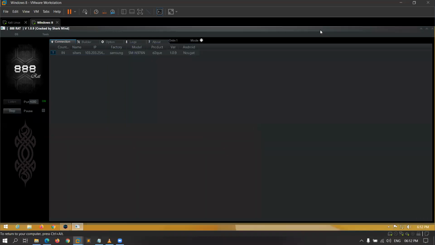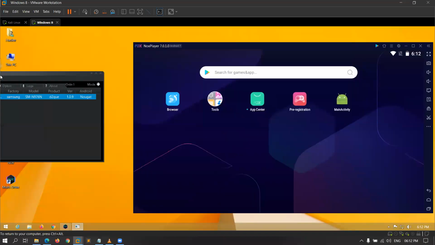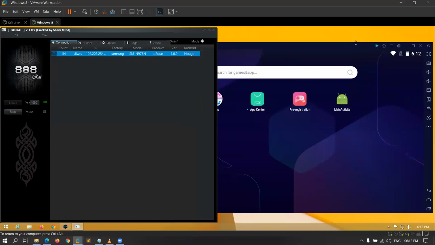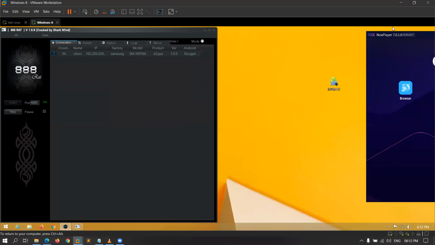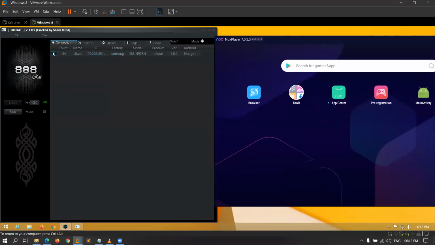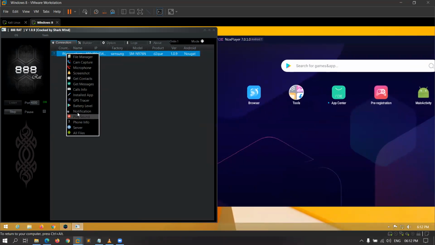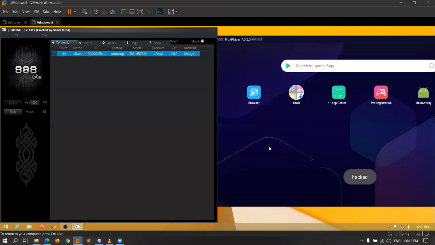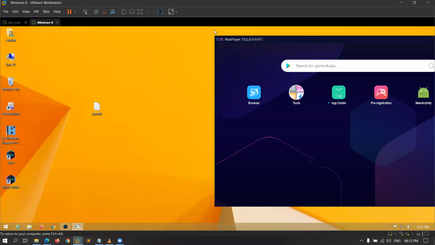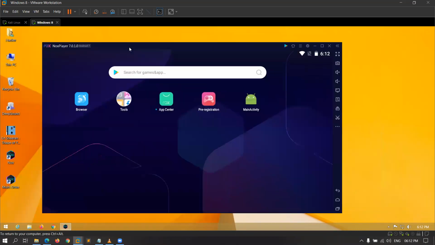Let me show you again. Yeah, I will type message notification, hacked, and you can see the message is showing on the phone, hacked. So this is the way to hack an Android phone.